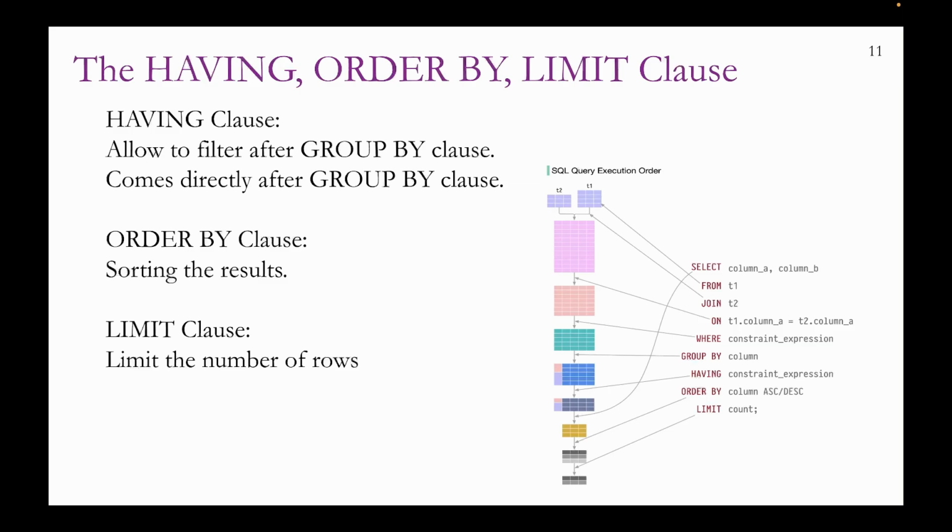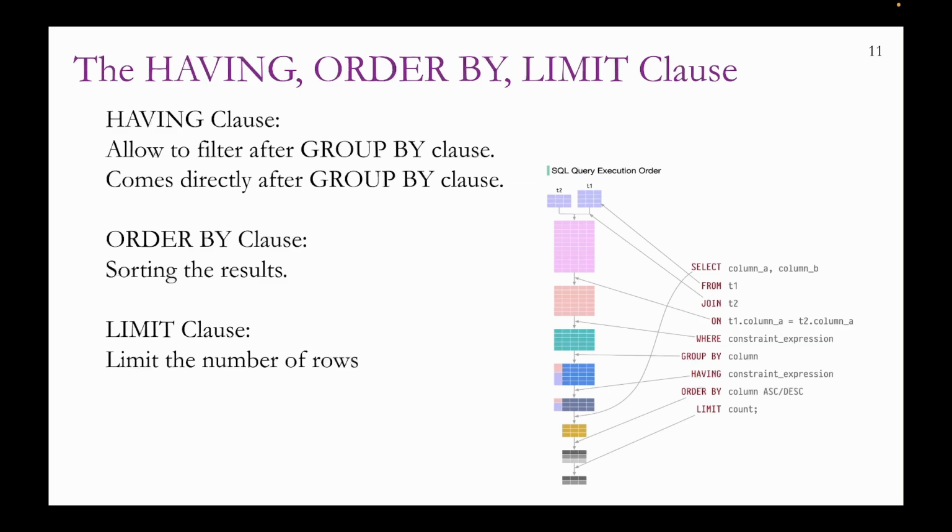Next is order by. After further filtering, we want to order the rows in our result in a particular way, so we use the order by clause. And after order by, if we want to limit the number of rows we see, we use the limit clause, as already discussed. So this is the whole select statement structure. We start with select, in which we write the columns we want to use or the aggregates we want to use,